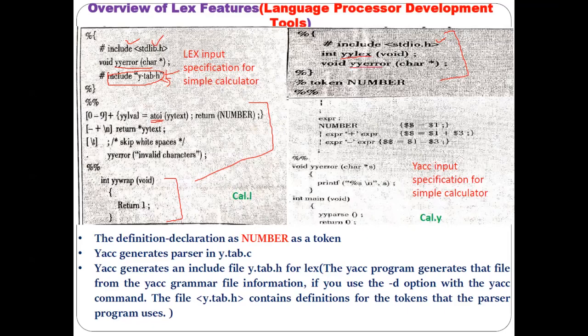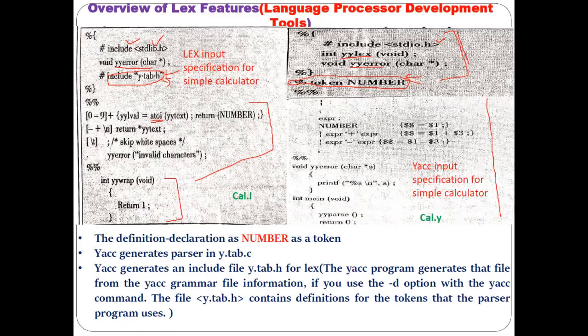And then somewhere here you declare the token number. So if you want to mention the regular definition, this is the regular definition. Then you have to mention that regular definition between the declaration section and the rule section. Okay, this is the regular definition for the token. Meaning, some token is declared here.